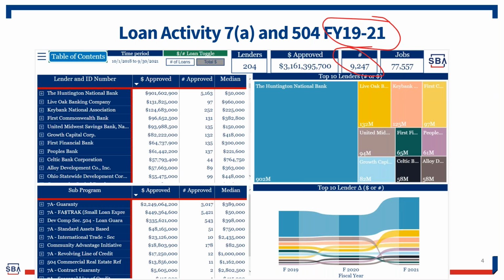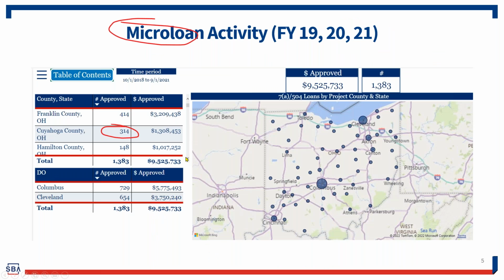A couple hundred lenders, $3 billion. And this isn't even including the PPP and the EIDL stuff that we were doing as well. This is just our legacy loan programs. So quite active. Now we have a third loan program as well, besides 7A and 504, and that's the microloan